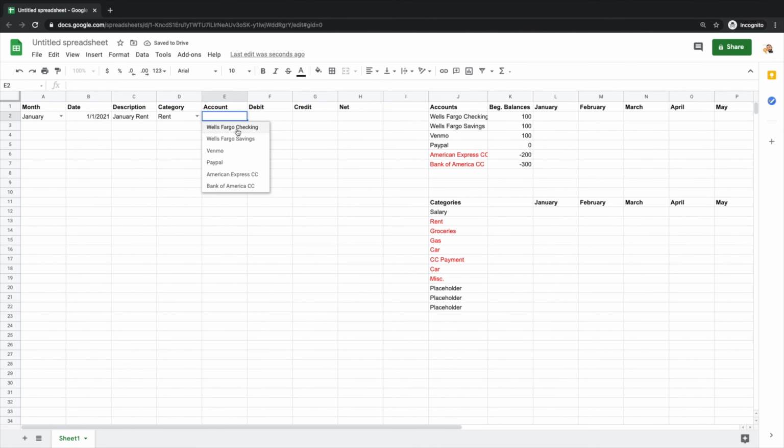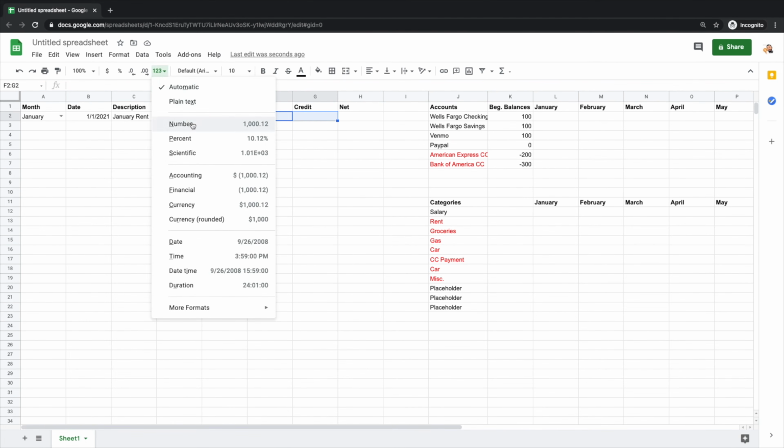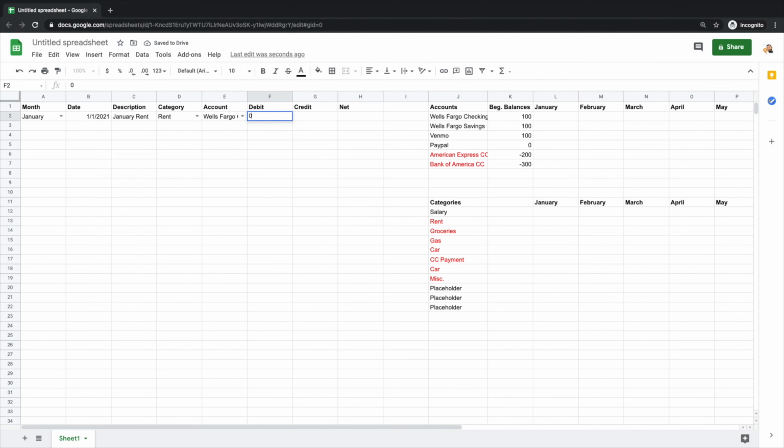Column F and G are going to be where you put in the debit or credit amounts of your transaction, so we'll just format this as a number. And then our last column here is going to be our net, which is a formula. We're just going to take our column for our debits minus our column for our credits. And that's going to give us a net amount that we can use to track our balances and our income